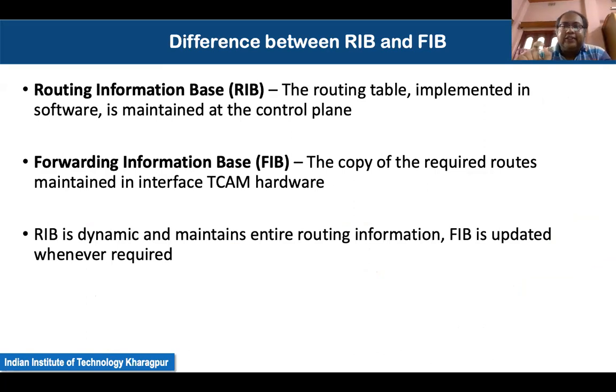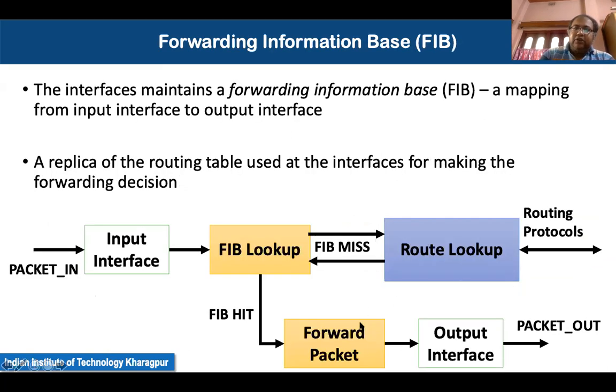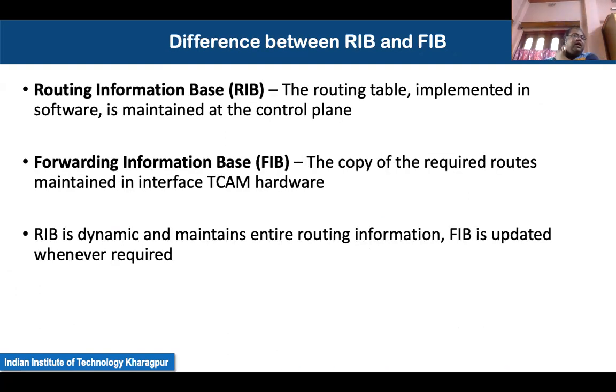As I talked about earlier, this decision engine needs to be very fast. So the FIB lookup that you are doing, that is why you cannot keep the routing table in the software interface. So you need to make a copy of it to the hardware and then do hardware processing so that you can process all the packets that you are receiving per second. And in a typical router, you can think of the rate at which you are getting the new packets. So that way, the forwarding information base is the copy of the required route, which is maintained in the interface